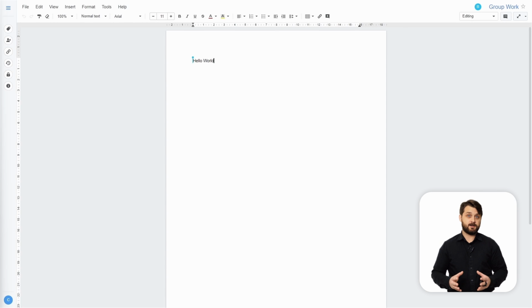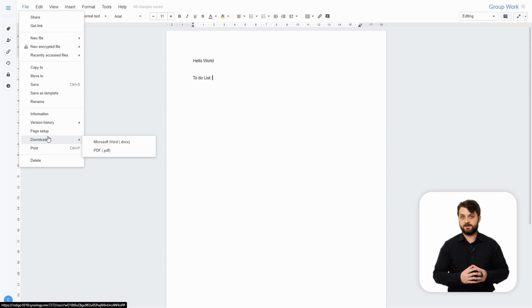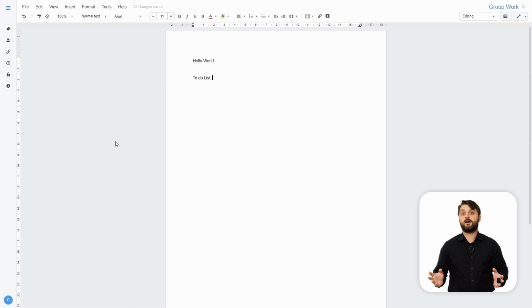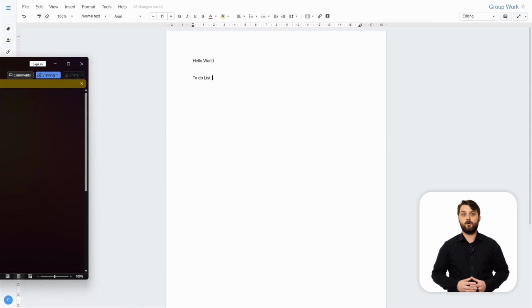Now that we've messed with this document a little bit, you can see that we have some other users starting to join this document. You can see them popping up on the top right hand of your screen under those little bubbles. And you can also see where their cursors are on the document itself. So you can see our team member actually editing this document here, starting to build out a to-do list, for example. Now, once you're all finished with collaborating on this document, you can then, of course, download it as a Microsoft Office document if you need. And once that's done, you'll be able to view it just as a normal .doc file, for example. So you can see that file open now in Word.